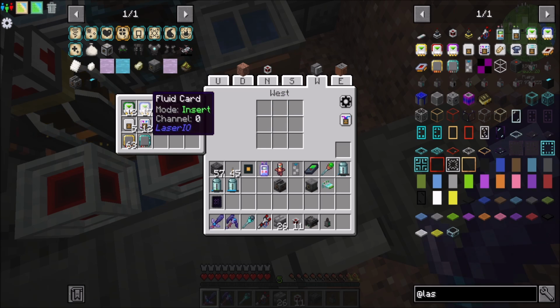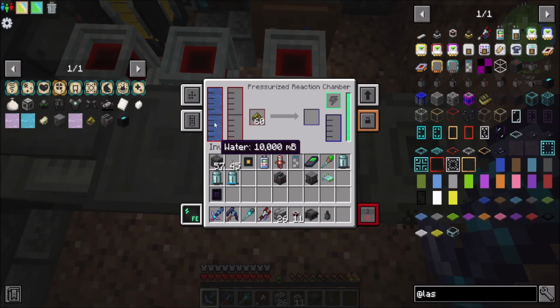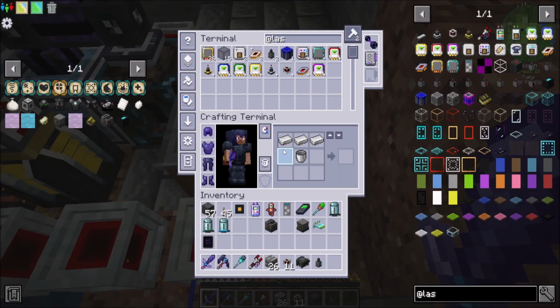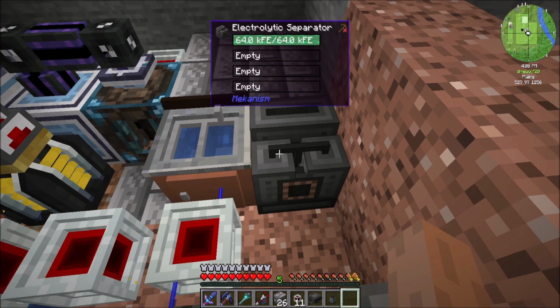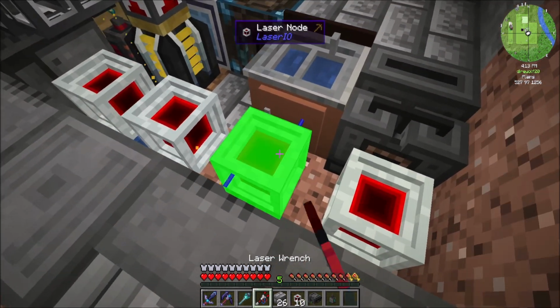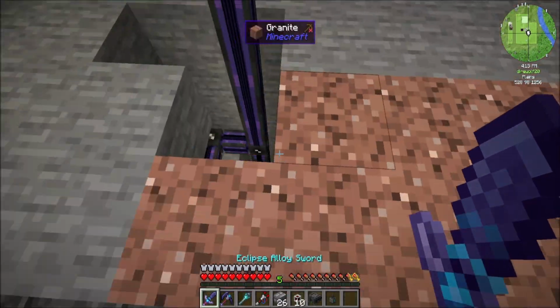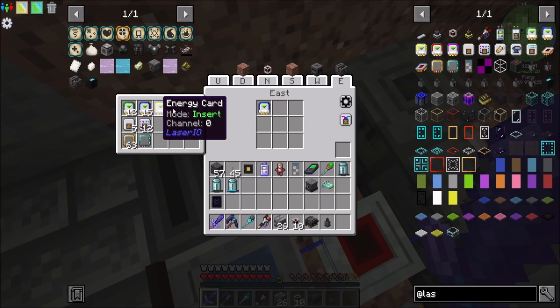So you're going to be insert on blue, and that's going to be your water. Cool. Okay. What I'll probably do is get my electrolytic separator to sit right next to this thing. So then I will connect you up here. Okay, and then we're going to connect these guys, and then so we're going to insert water here,